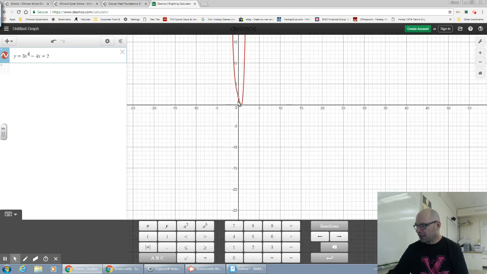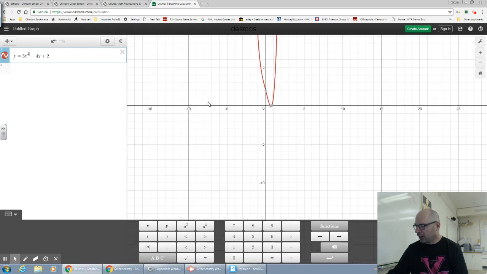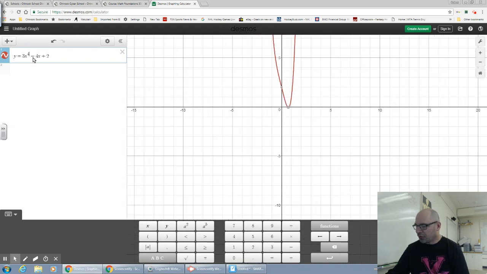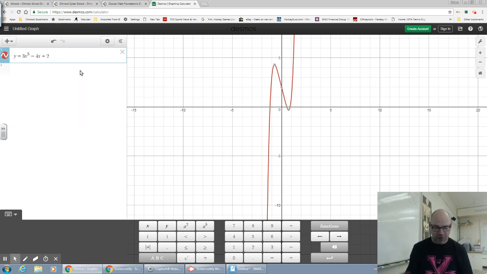But it kind of looks like a flattened one. Let's zoom back in. That one's not a great one. If I put a 5 in there, okay, it has a couple more turning points. And if I throw in a few more expressions, so let's say I put 3x to the 5th plus 2x to the 4th,